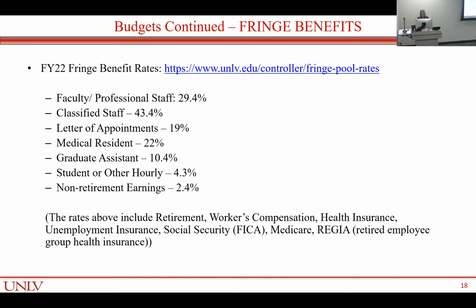And so here are our fringe benefit rates, just so you know. For all your faculty and staff, the pooled rate is 29.4. Letters of appointment are temporary faculty and temporary appointments at 19, along with medical residents, graduate assistants, and students. These fringe benefits include retirement and workers' comp, and they're assessed on every salary line